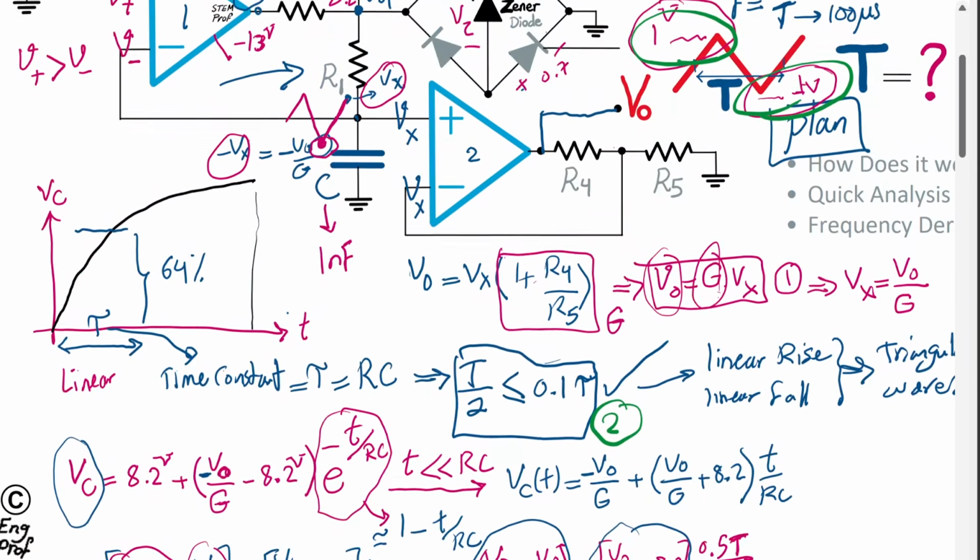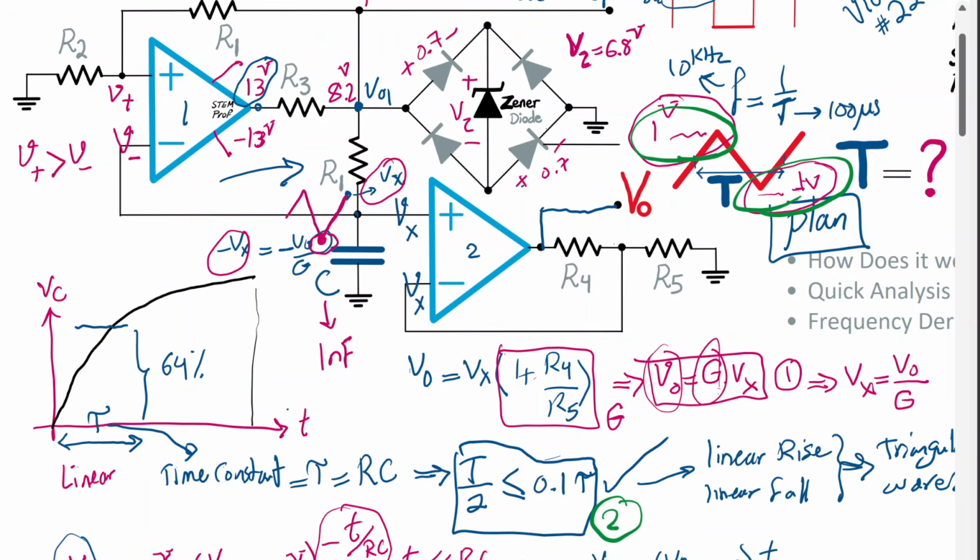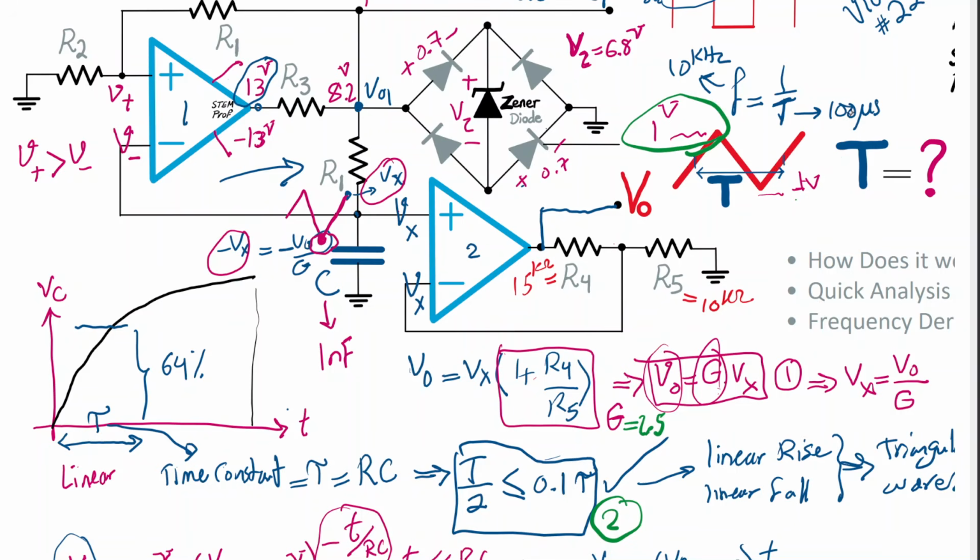So here, as a result, I'm going to write it on the circuit. We have the value of this, as an example, 15 kilo ohm, and the value of R5 is 10 kilo ohm. This way, because the gain is 2.5, so this G turns out to be 2.5 as we computed, then it means if we have plus minus 1 volt at the output of the circuit for this amplifier, plus minus 1 volt, then it means that the smaller scale, basically